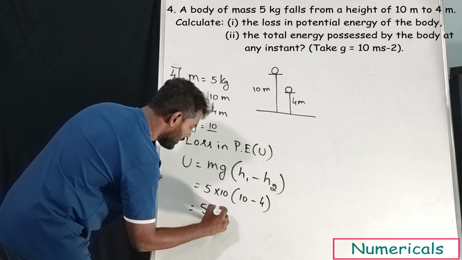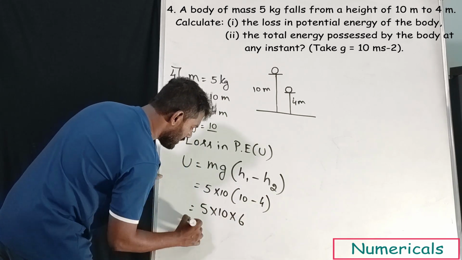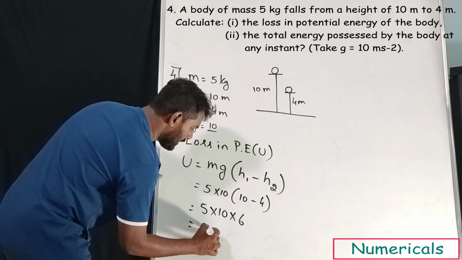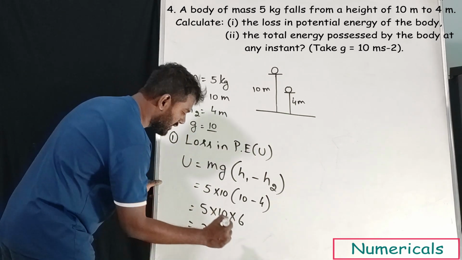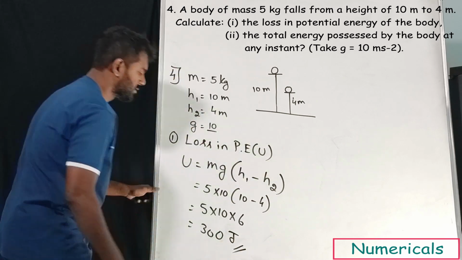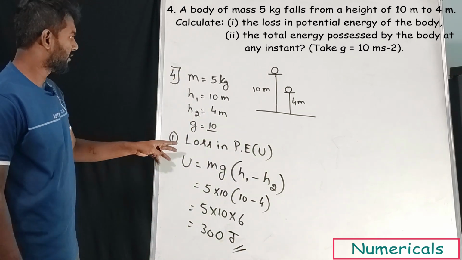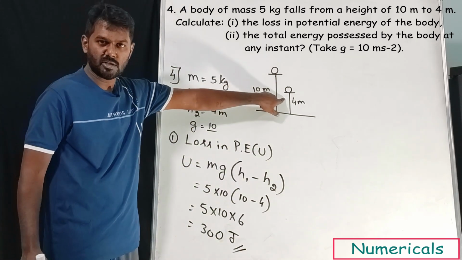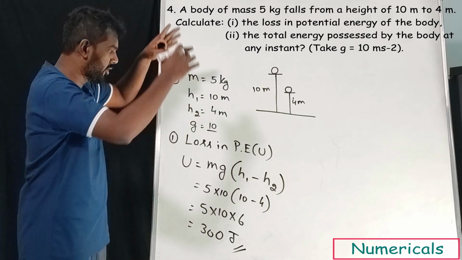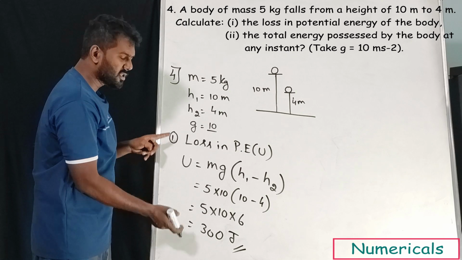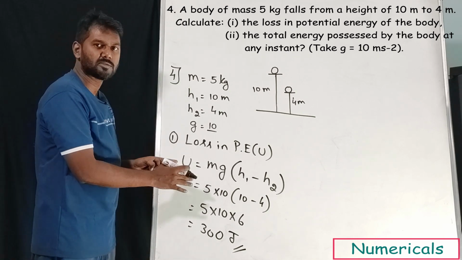This will be 5 into 10 into 6. 5 6s are 30. 30 into 10, that is 300. What are we calculating? Potential energy. What is the unit of that? Joules. So this is the answer. Instead of calculating this first, then the potential energy for this one and subtracting both, we will get the same answer. Instead of doing all those calculations, we can use the simplified formula which is there in the textbook and we will